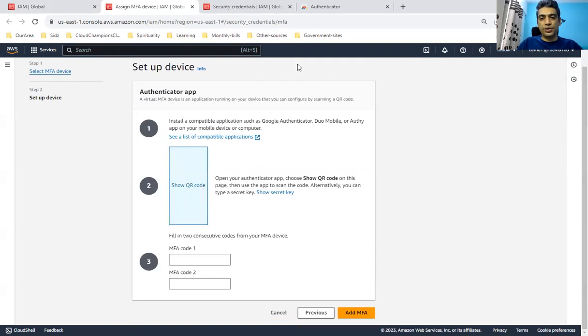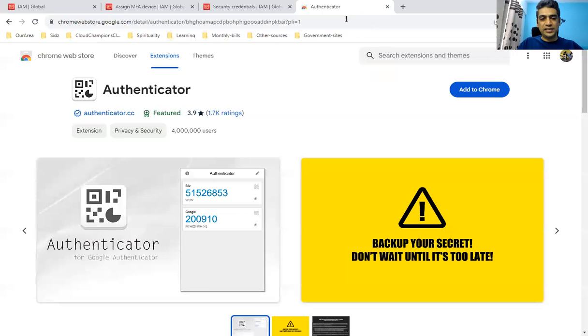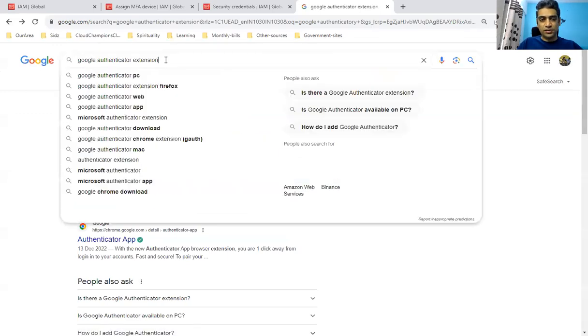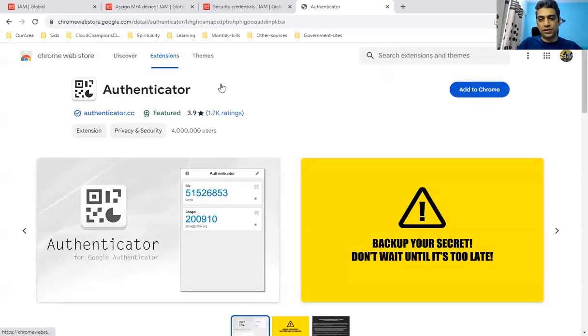Before I go into scanning the code, let's understand how to install Google Authenticator on your machine. Let me show you how I came across this. If you search for Google Authenticator Chrome extension and press enter, the first link that you get is Google Authenticator. If you click on this, it will show you a Google Chrome extension for Authenticator. I click add to Chrome. If you don't see add to Chrome, it might already be added. If it is not, then just say add to Chrome, confirm, add extension, and then you'll see at the top right